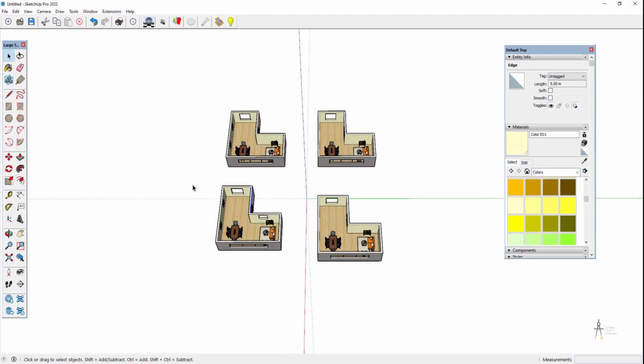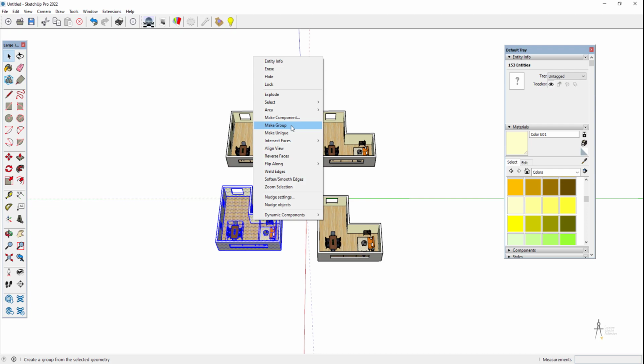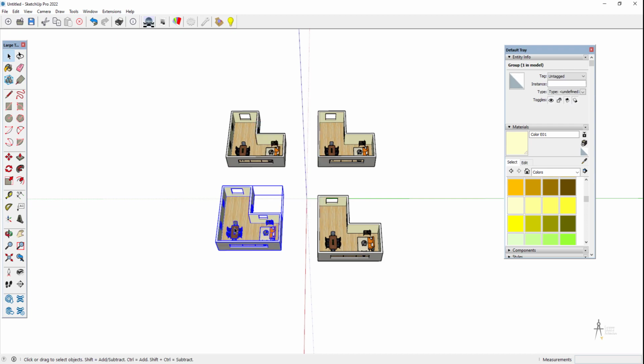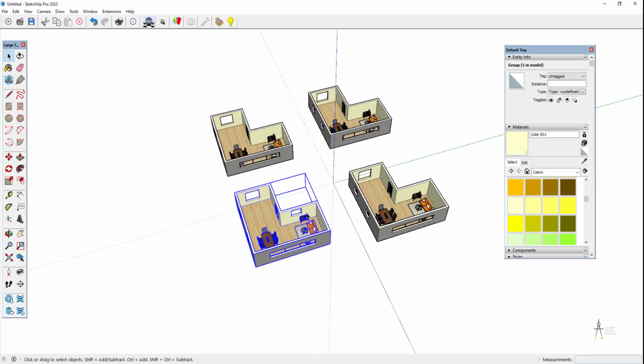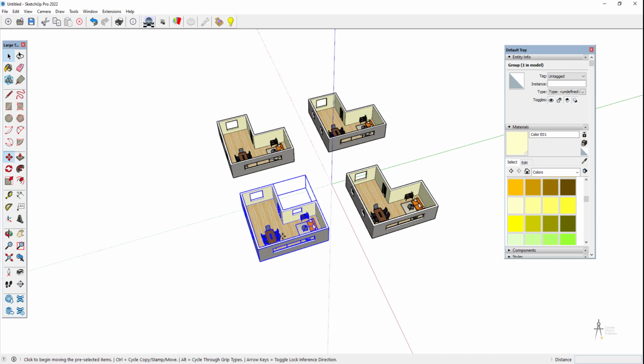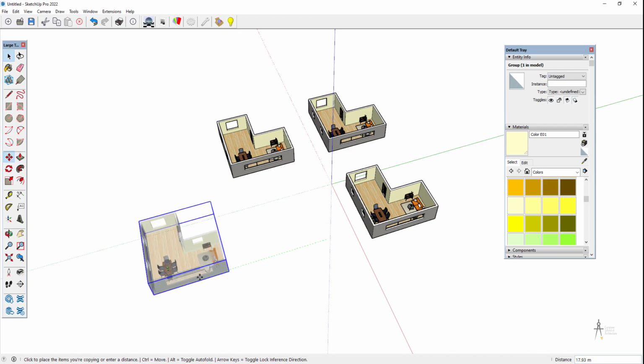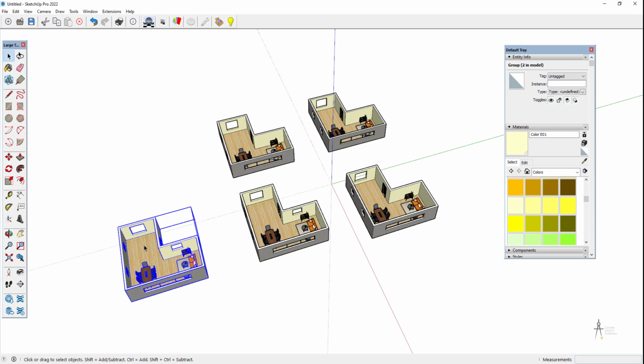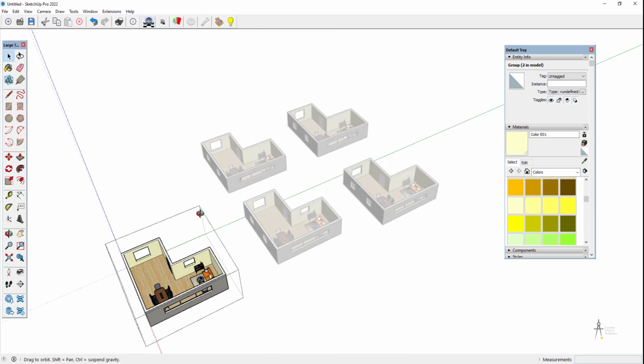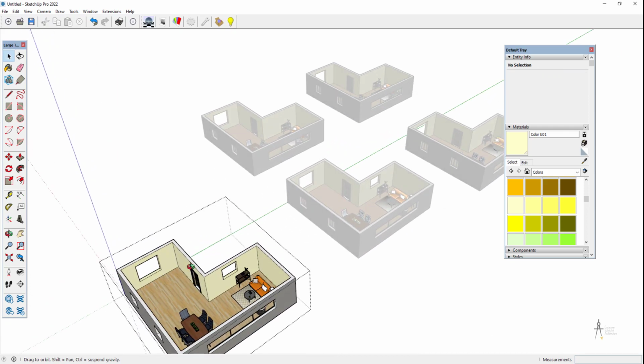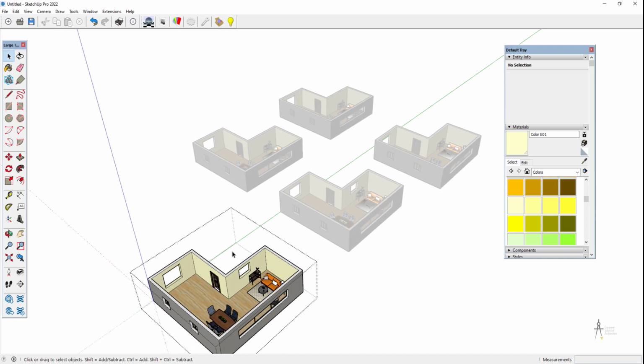Another thing we can do is groups. What's a group? Well, I'm going to select my object, I'm going to make group, and I'm going to copy this. And the difference with component is that I've created a group, I've copied it, but if I modify this one,